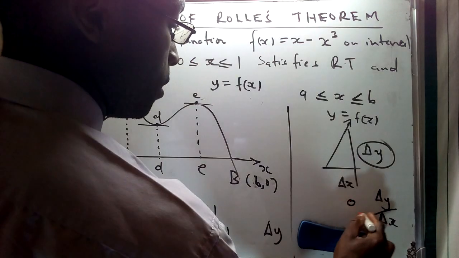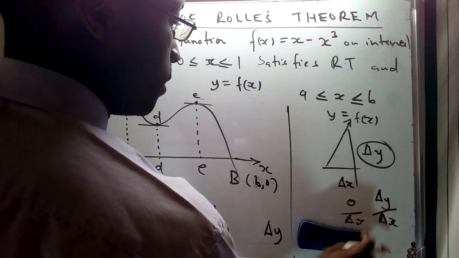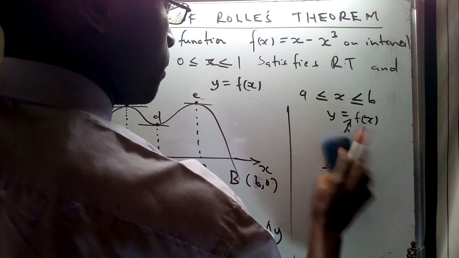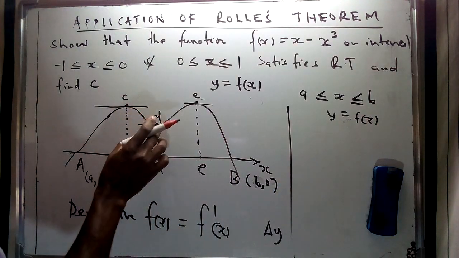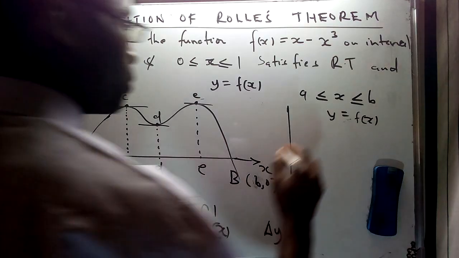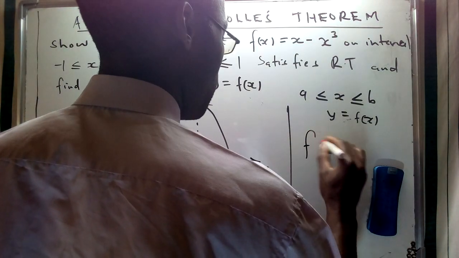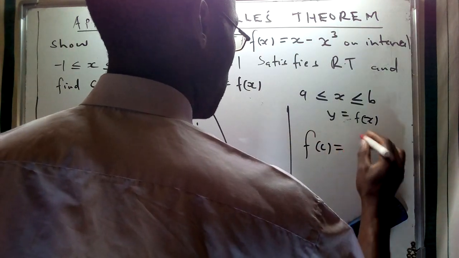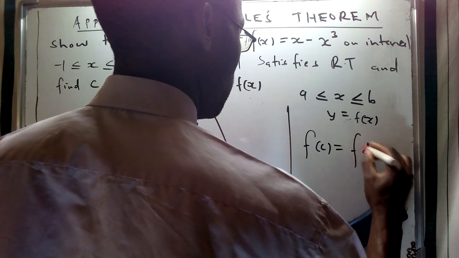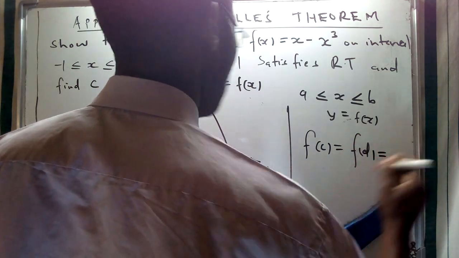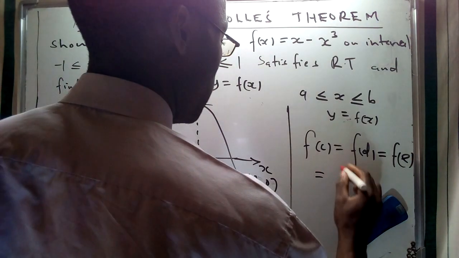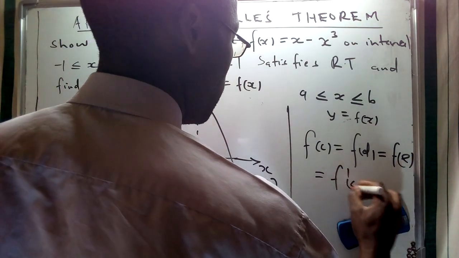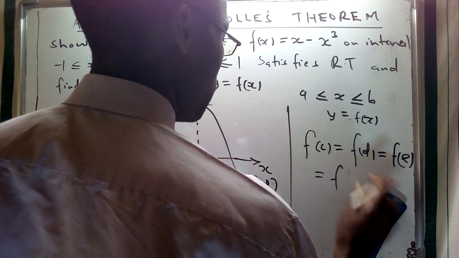So it's going to be the change in y, which is 0, over the change in x. Therefore, their derivatives are going to be equivalent to 0. So at these individual points C, D, and E, we're going to have the function of these specific graphs, for C equivalent to the function of the graph for D and the function of the graph for E, given as such, and the derivatives are going to be equivalent to f prime over C, D and E, which is going to be equivalent